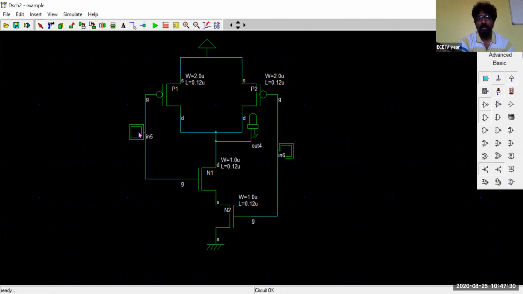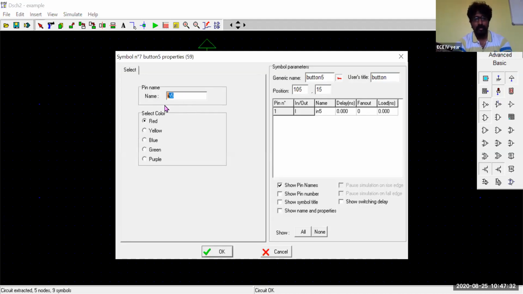Now I'll try to name the inputs. First one is input A. And here again for this one, input B. This is an output. Light is an output, so output.